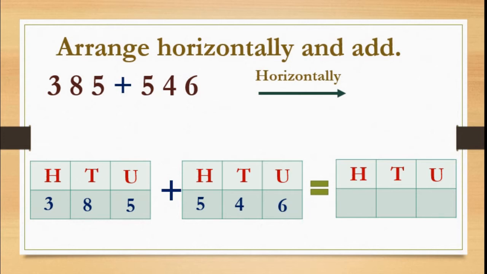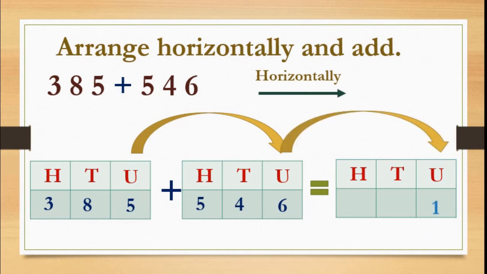How to add? If we write like this, students, again the same thing we have to carry out here because we are doing the addition. We will start the addition from unit place. Whatever there is in the units place, that we have to add first. That is 5 plus 6 is 11. Okay, we will write the same thing in the unit place first. 1 we will write here. 1 is carried over to the tens place. Please see here I have written 1 below 8 to remember.